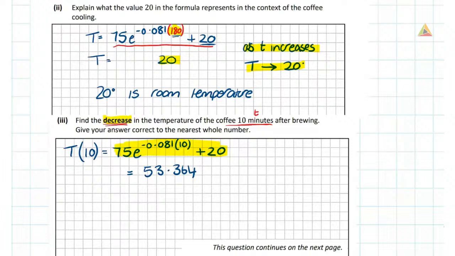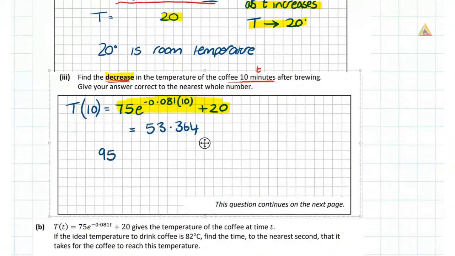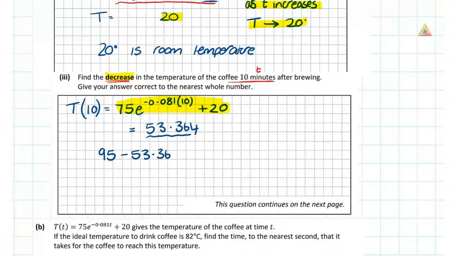So originally, when it was brewed initially, it was 95, that was the original temperature, and it decreases to 53.364. So the decrease, when you subtract one from the other, is 41.636, but we want to round it to the nearest whole number, so that's going to be 42,